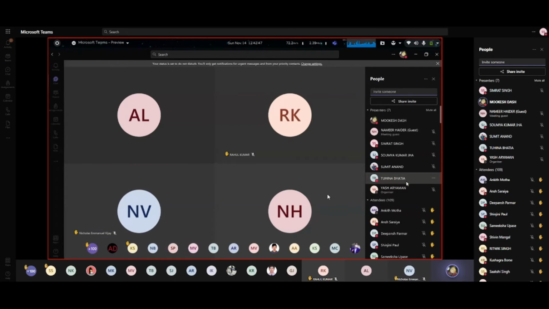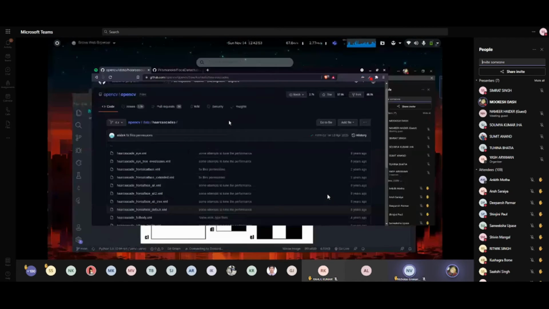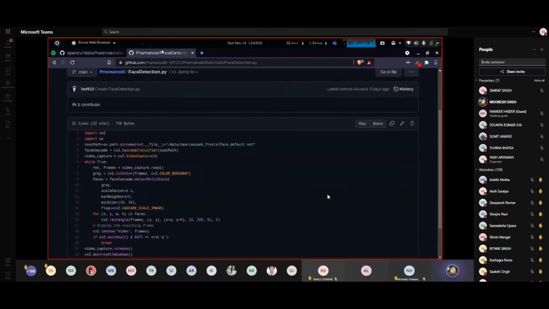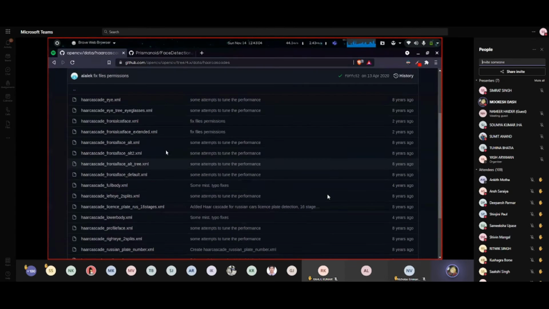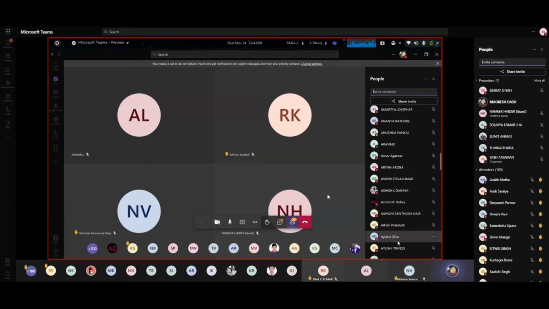But OpenCV has already done it, and it has already uploaded a model right here, so we will be using it. Okay, does anyone have a doubt?